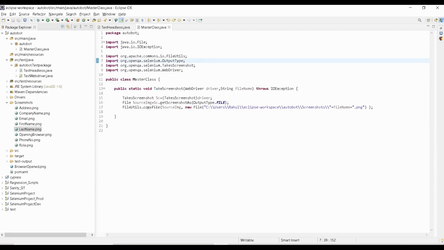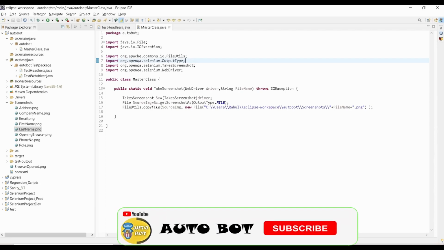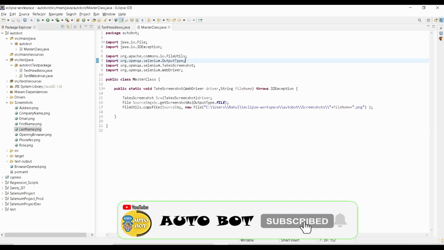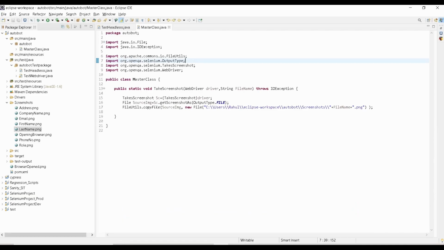Okay, and in the coming videos I will tell you how you can take the screenshot and how you can append that to different reports, and if there is some error that is going to happen, how you can append that to your report for getting more clarity on where the error happened, and it will help you for easy debugging. Okay, so that's all for today.